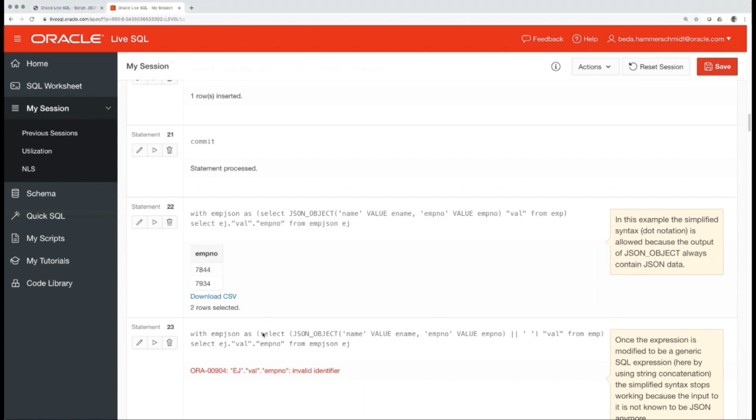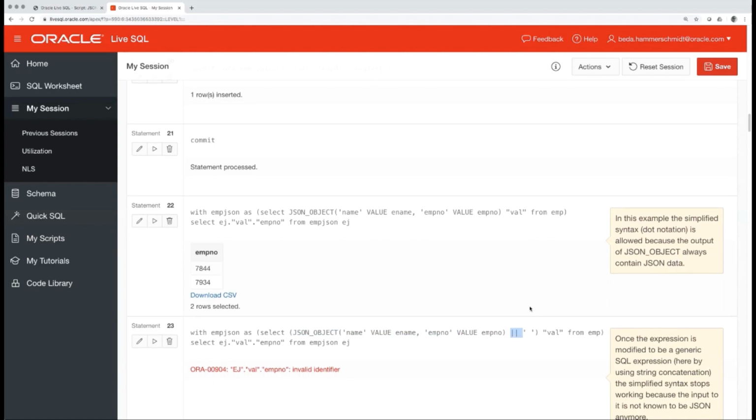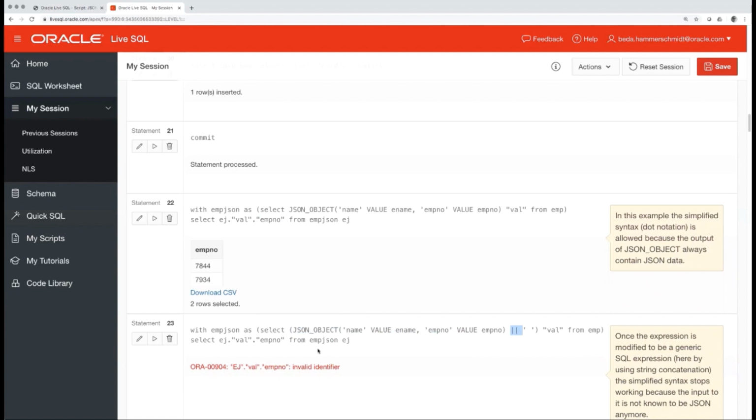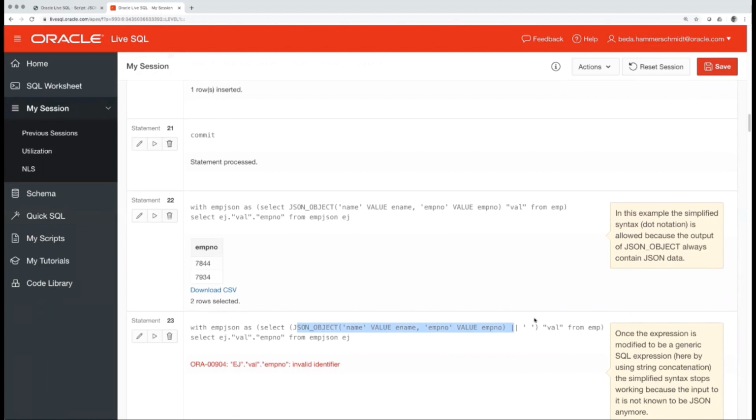Let's make a simple modification to this example. What I do is I have this same JSON object expression here. So I'm generating JSON, but then I add an empty string to it. So I use the string concatenation. So now my expression value is not directly a JSON object, but instead it's the concatenate operator on top of a JSON object. And this leads to an